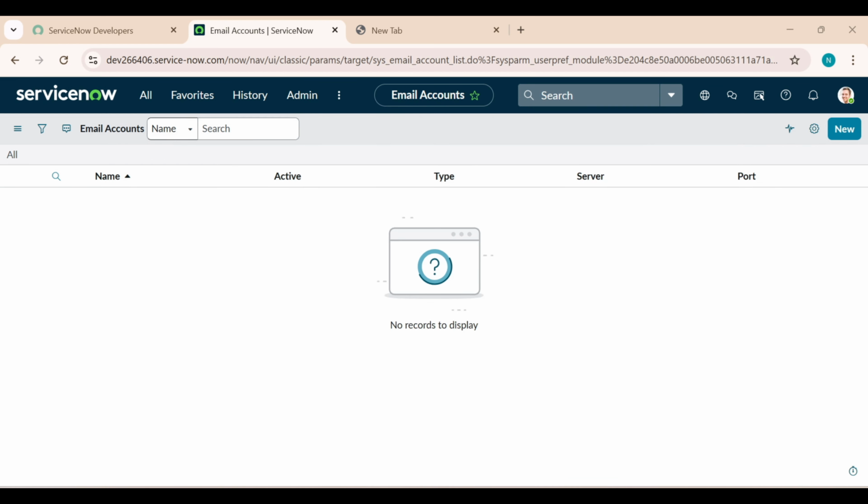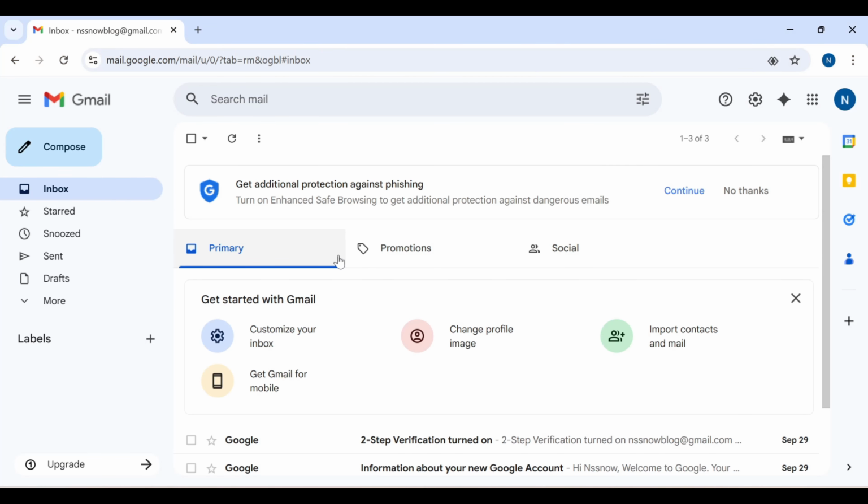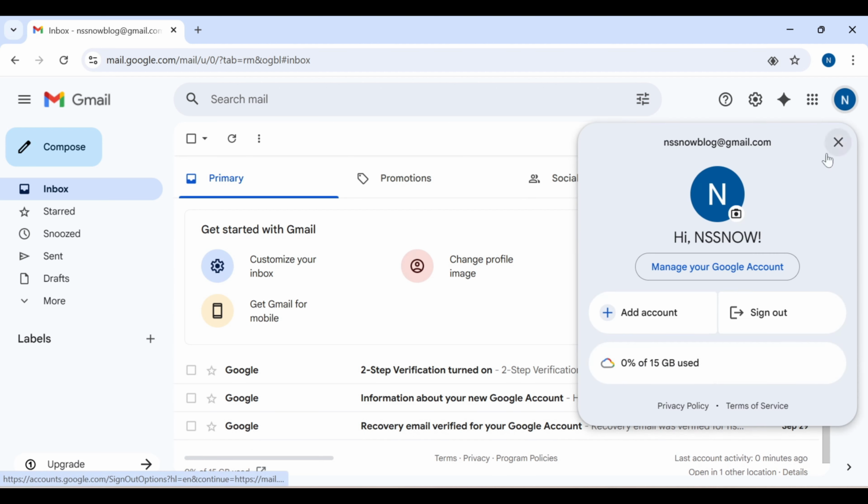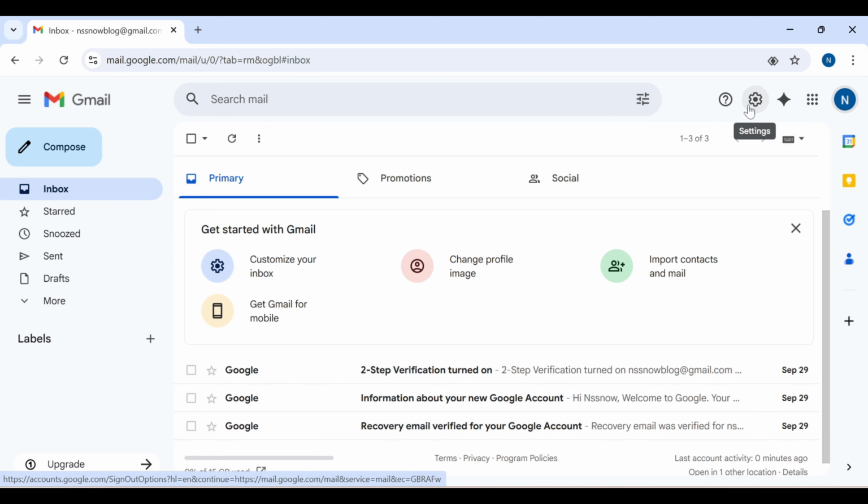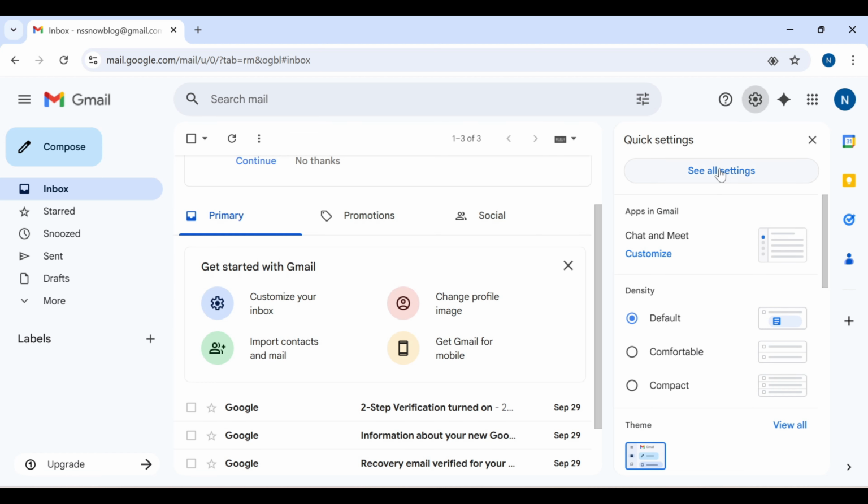To configure SMTP and POP3, first you need to have a Gmail account. You can create a new Gmail account or use any existing one. I have one Gmail account created for this testing purpose, and we will see it with that email account. This is my Gmail account, nssnowblog@gmail.com. I will click on settings first, then see all settings,